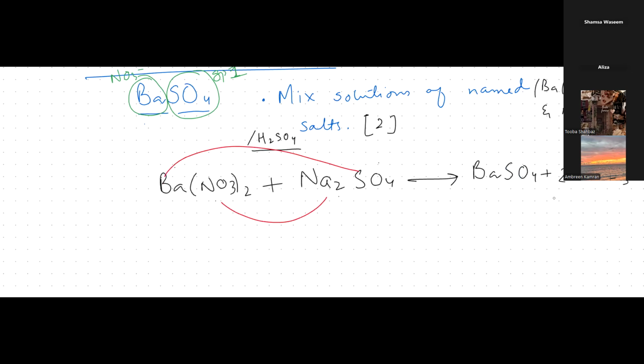ठीक है? अच्छा, अब मुझे बताओ बच्चों, when you're mixing aqueous solutions, two aqueous solutions, तो हमारे पास barium sulfate एक insoluble salt बन रहा है और एक sodium nitrate बन रहा है soluble salt. ठीक है? In a beaker, जब हमने इन दोनों को मिक्स किया तो मेरे पास ये insoluble salt आ रहा है जो कि है barium sulfate, and I'm going to get a soluble salt aqueous form में जो कि है मेरे पास sodium nitrate. Now do let me know, can you visualize these things, girls?